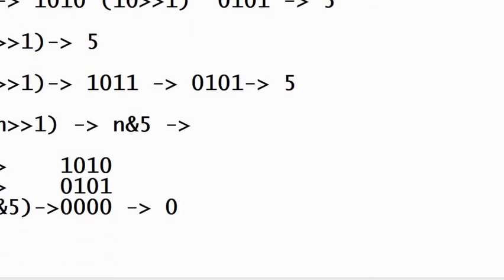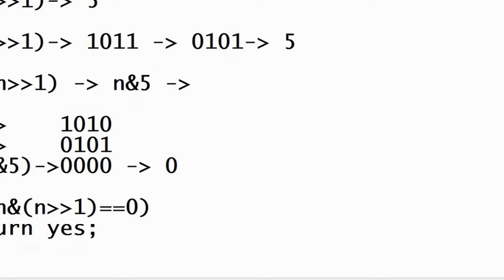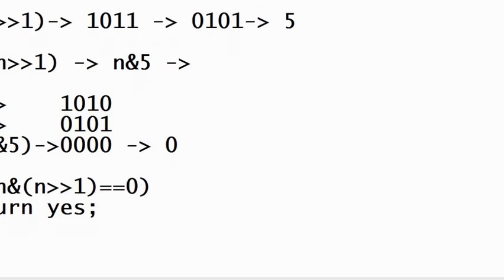So the condition is that if n ANDed with n right shift of 1 is equal to 0, then it is a Fibonacci number. If it returns anything other than 0, then it is not a Fibonacci number. So let us check for 11. We discussed that 11 is not a Fibonacci number based on the binary representation.